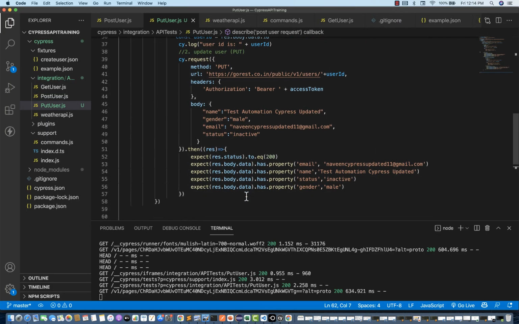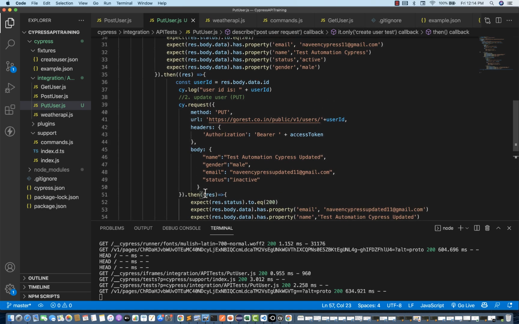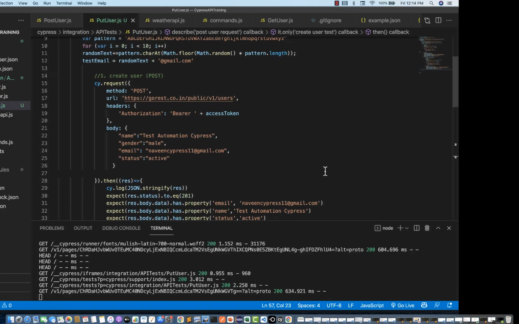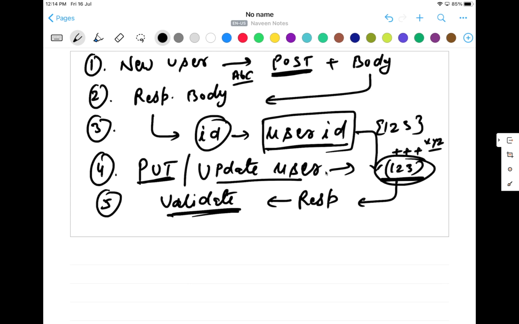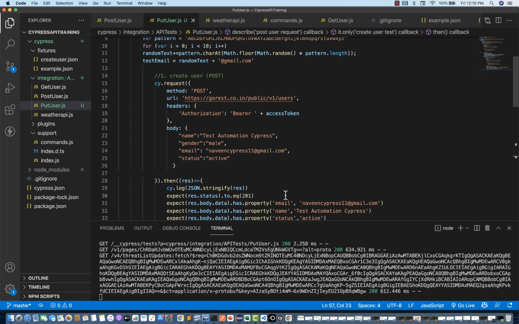One thing you can write after that, you can add one more chain for cy.get. You can still call a get method, to check that while fetching the value, are you getting the latest or updated value or not? That is also a nice use case, or last point you can add. So it will be like post call, then put call, and then get call. Once put is done, you simply fetch the data, get the user once again with the get API. We have to use the get API with the same user ID that you are using, and then you should get the updated user. Please try. I'll push this particular code right now.